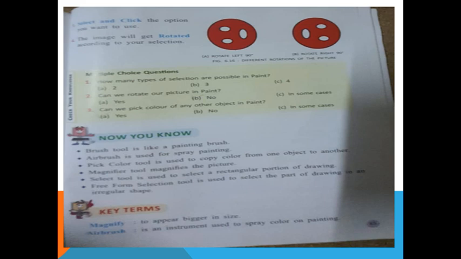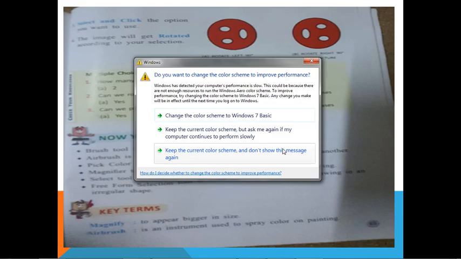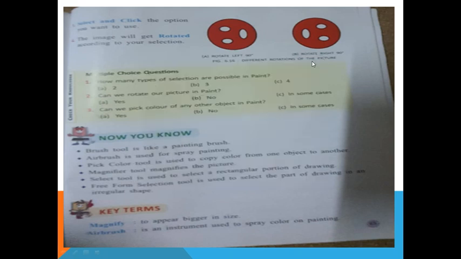Third one, can we pick color of any other object in Paint? Yes, we can use more color. See, now you know. Please complete in the copy and key terms also.